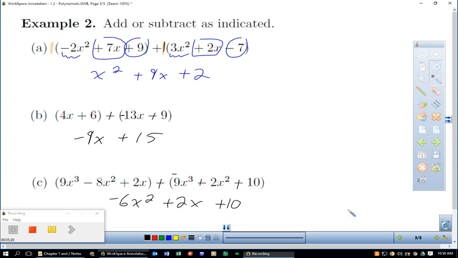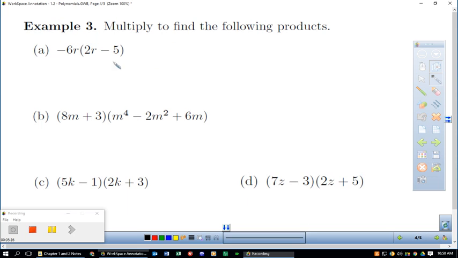Okay, next we'll look at some multiplication. Multiply to find the following product. So here we multiply, distribute this, so we get negative 12r squared plus 30r. Okay, with part B,